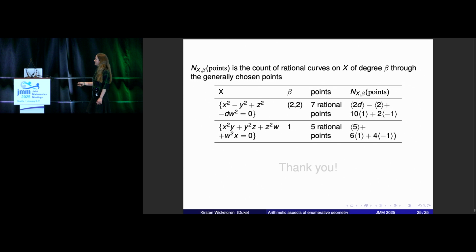It goes through minus K_S dot B minus 1 points, so that's 7 points. Let's choose them all rational here. And here's the Gromov-Witten invariant. And note that there is this D here. And so this has a residue at all the prime factors of D. So it's just not a bunch of 1s and -1s. It also has a 2.